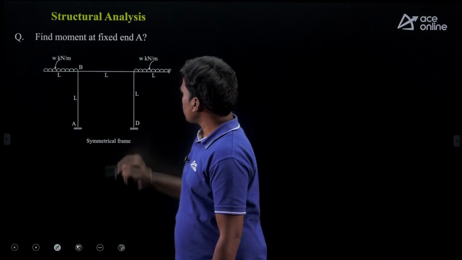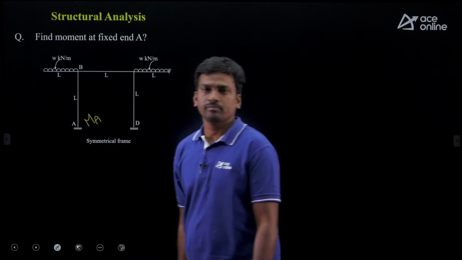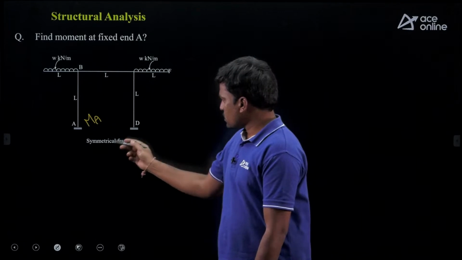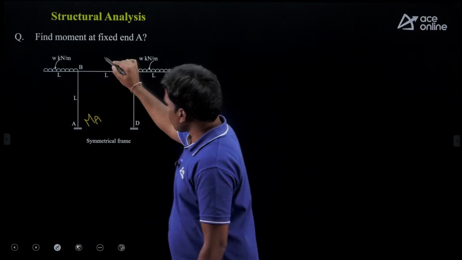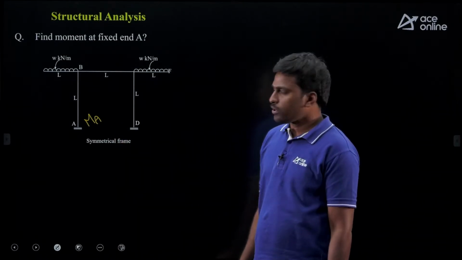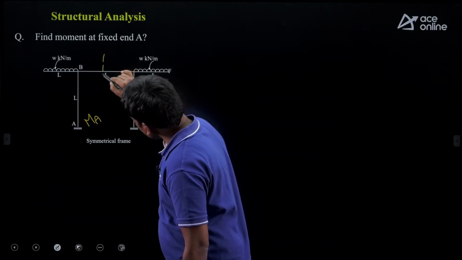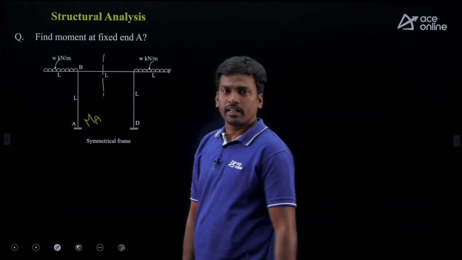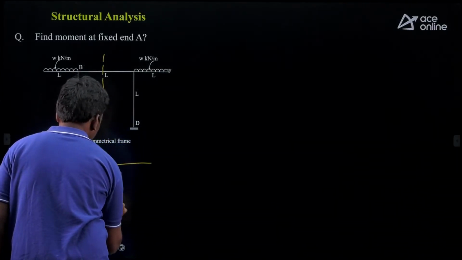Find the moment at the fixed end A. We have to find the moment at A. This is a symmetrical frame, right? So if it is a symmetrical frame, we use the shortcut method of moment distribution. How to use the shortcut method? This is the section, exactly at the center, right? Now because of symmetry,